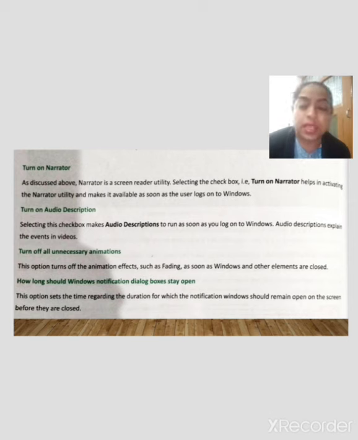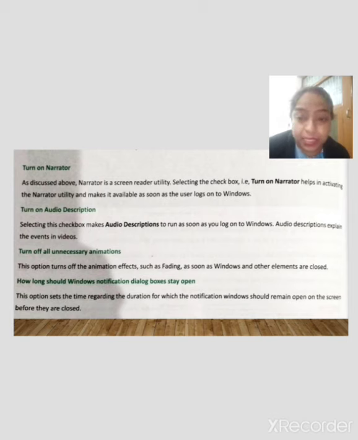Next one is turn off all unnecessary animations. This option turns off animation effects such as fading as windows and other elements are closed. Only the particular window will open, and all other things not in use at that time will turn off.